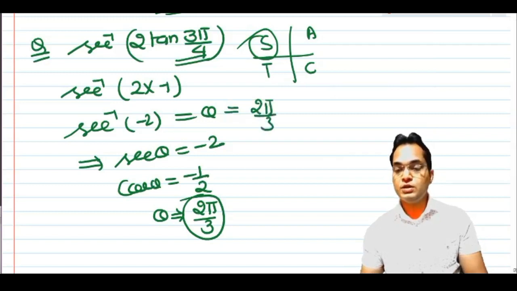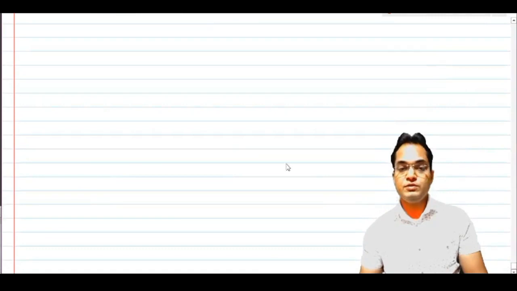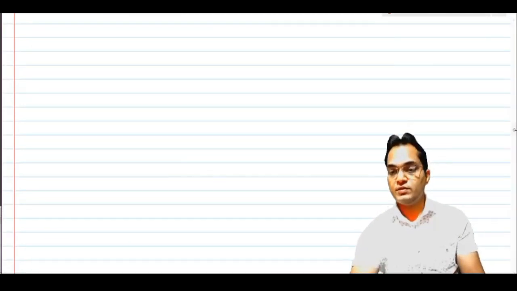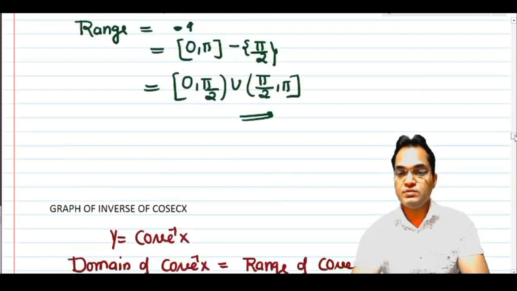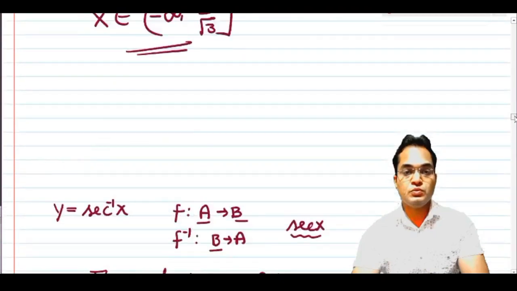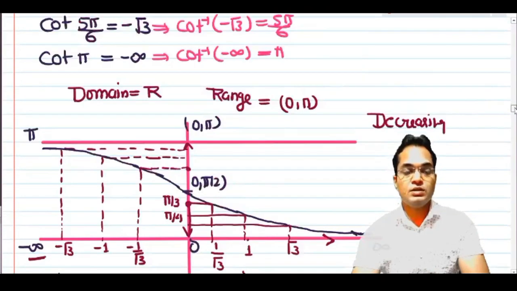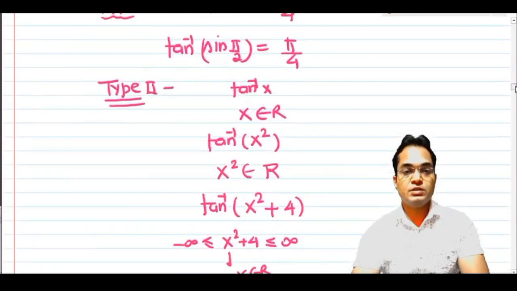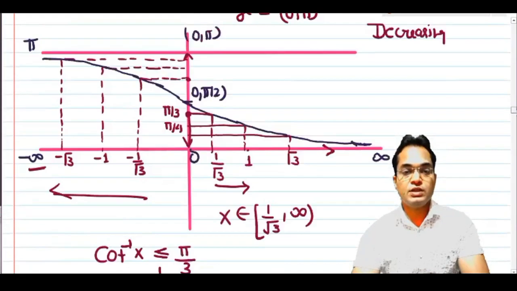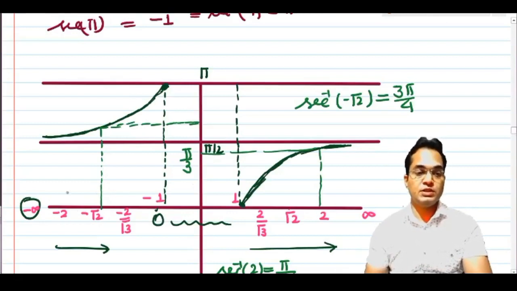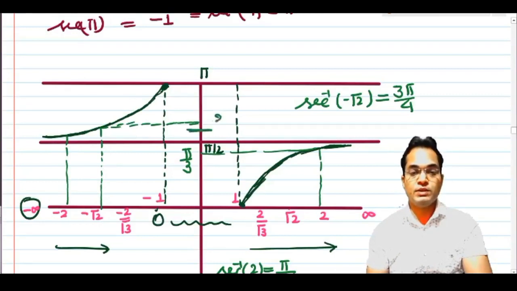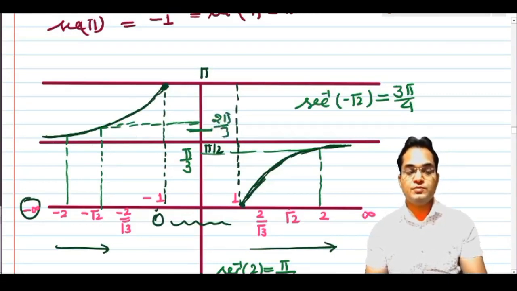By the graph also you can check it, because if you draw the graph of this, or you can say you can check the graph of this. I'm going to check sec inverse minus 2. Okay, this is the graph of sin, cos, tan, cot. This is sec inverse minus 2, here, means the value is corresponding near to this. This region is 2 pi by 3. Yes or no?